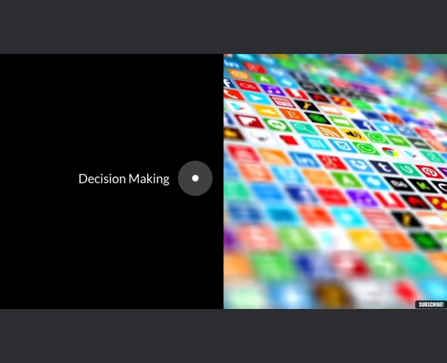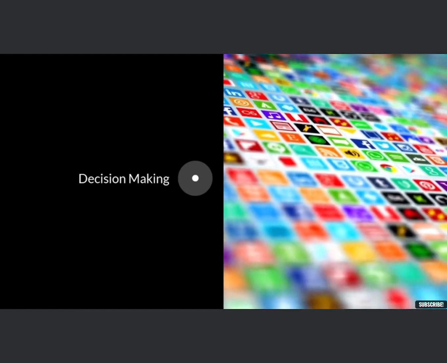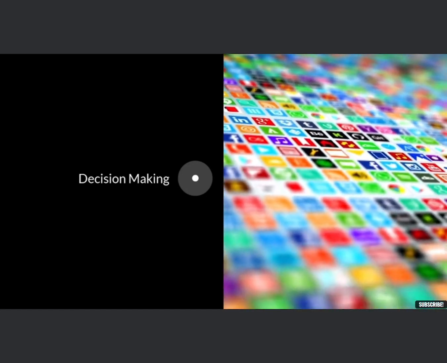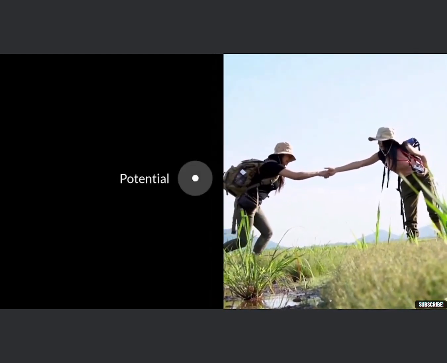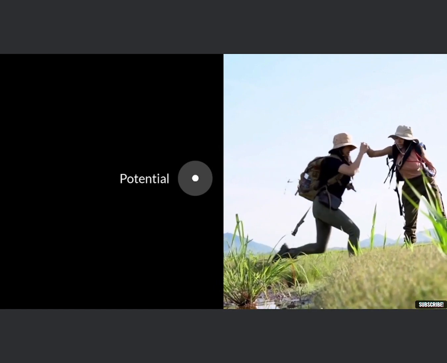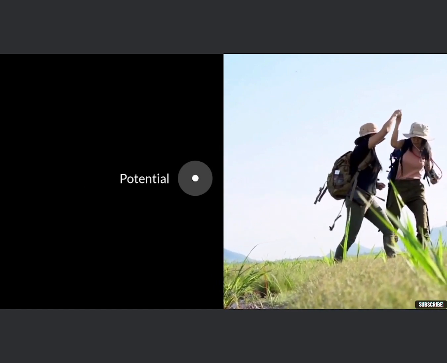For example, a generative AI model could be used to analyze customer data and generate insights into customer behavior, which could then be used to inform marketing strategy. Now, I do want to emphasize, while generative AI has the potential to automate or aid certain jobs,